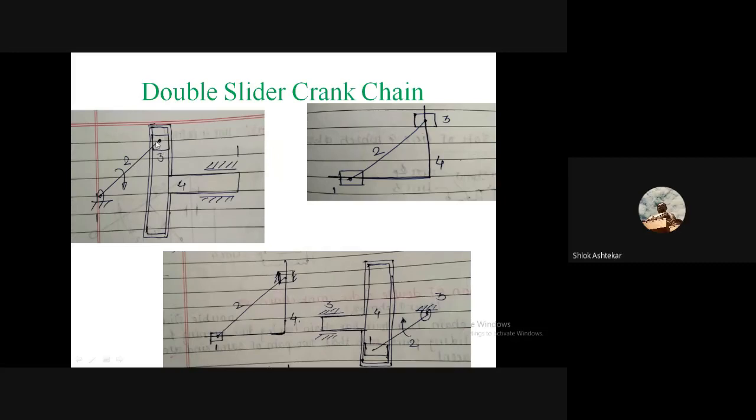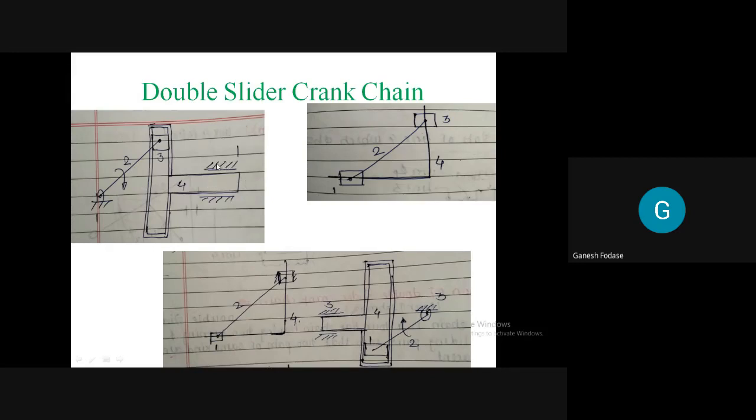Link 3 will slide inside this, but it is forcing link number 4 to move forward. Yes or no? Because this crank has to travel further, this slider inside 4 will force link 4 to slide inside link number 1, and it will move towards the right side. Further, when this crank retracts back, this link number 4 will come back again. Means 2 will make a complete rotation, while 4 is having reciprocating motion inside this frame, inside this cylinder.